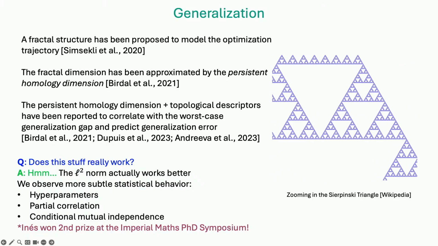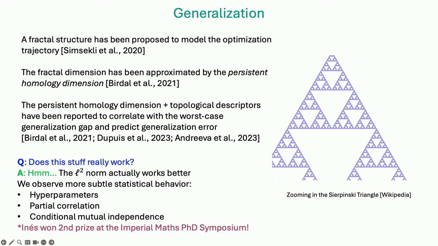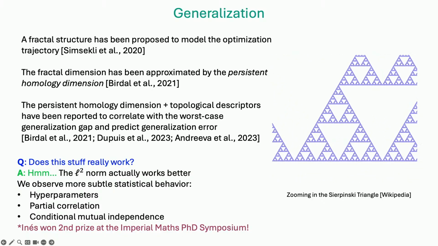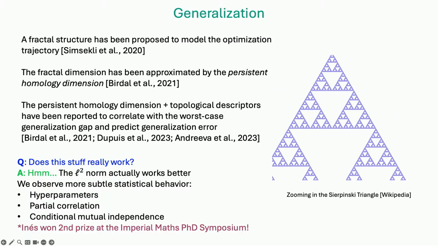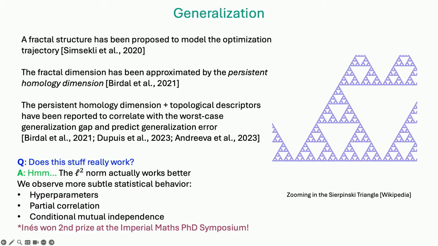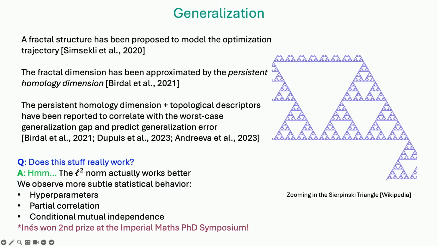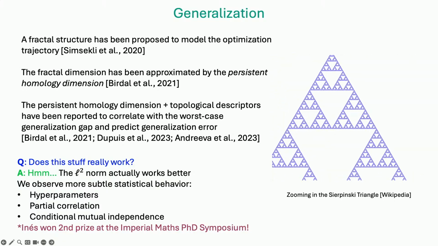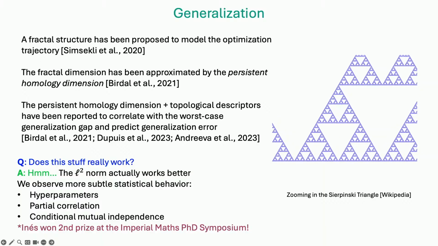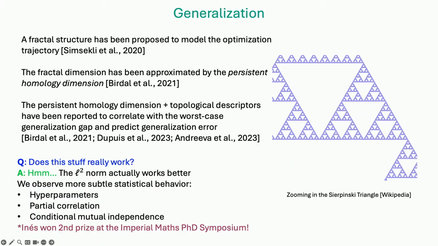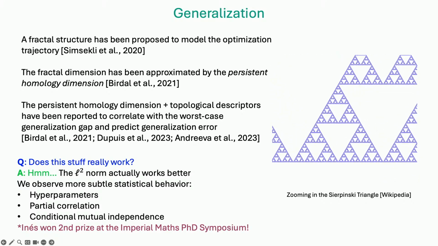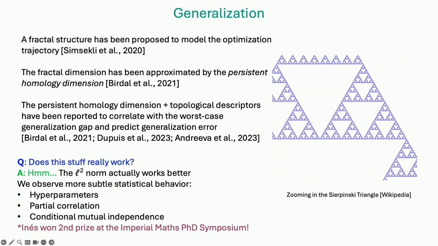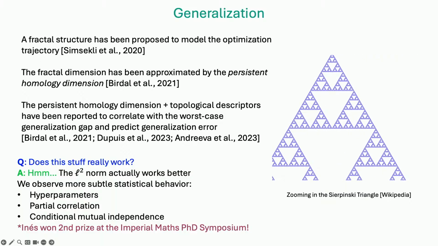So I studied this quite a lot with my students, and together with Michael Bronstein, we ran a lot of experiments, and we weren't able to reproduce this claim. Maybe for the skeptics here, this is an argument where you don't actually win anything using persistent homology. We showed that the problem is a lot more complicated than just looking at persistent homology dimension, and I think more needs to be studied.